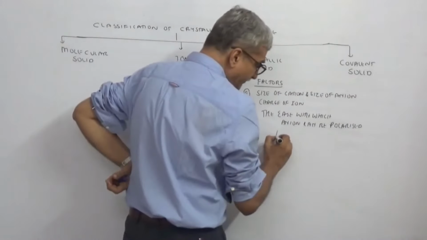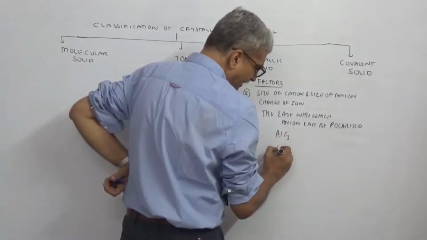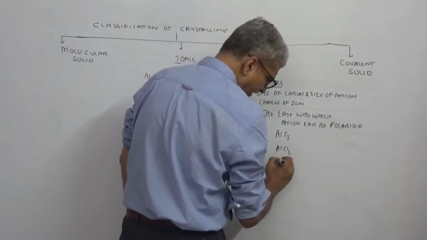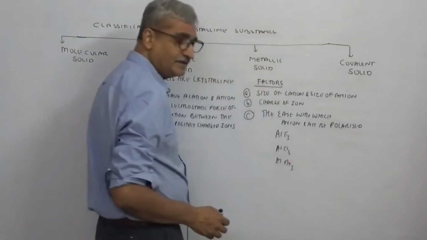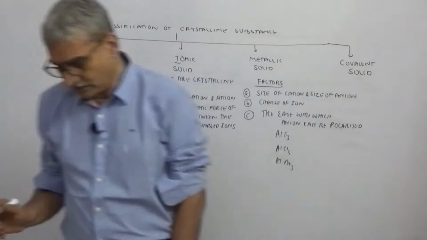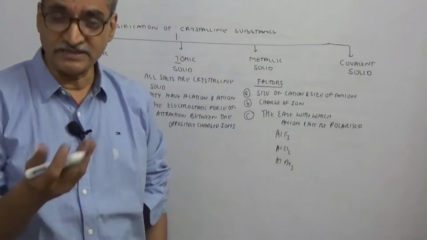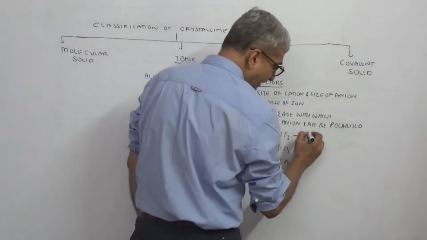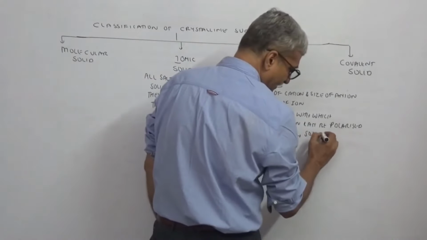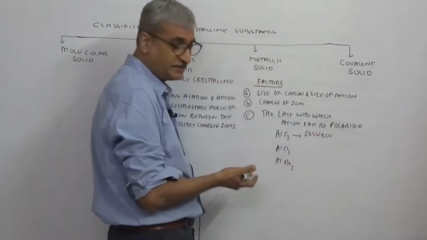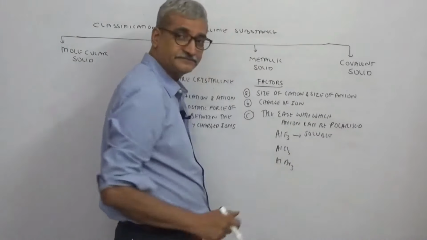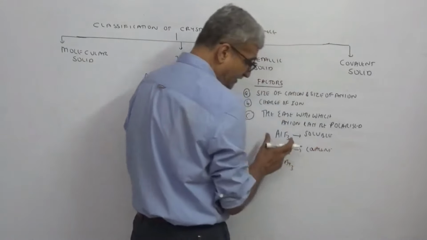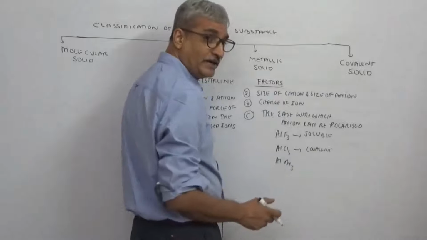Look at aluminium fluoride, AlF3, and aluminium chloride, aluminium bromide. Among the aluminium halides, the question they ask is which is soluble in water. Shockingly, aluminium fluoride is soluble in water. This is a neat entrance exam question: which is soluble, AlF3, AlCl3, AlI3? Whereas aluminium chloride is covalent in character. It's a crystalline compound, but covalent nature is more.